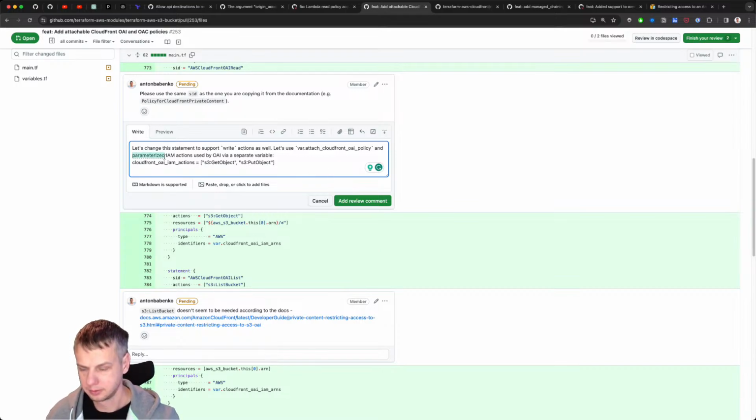And allow parameterization in default value is like this.